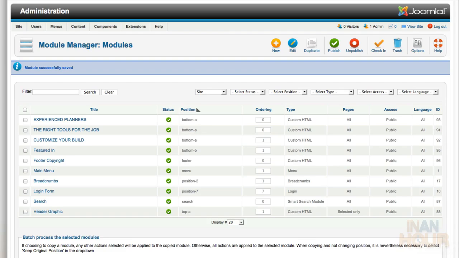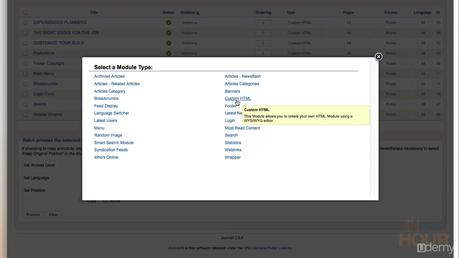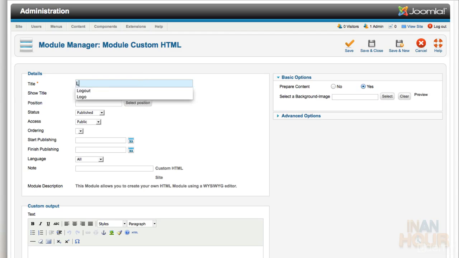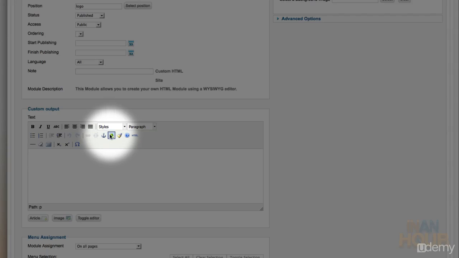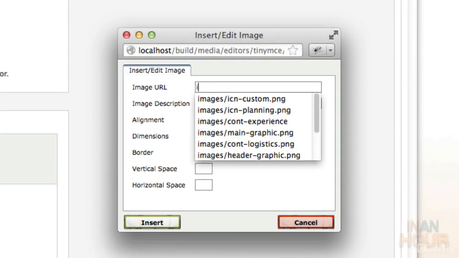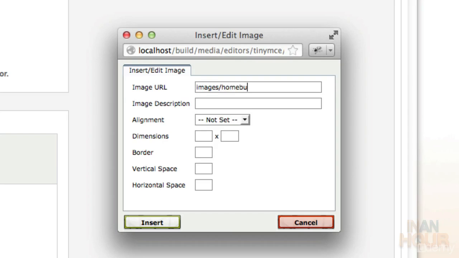Back to the Module Manager again. We're going to go New, Custom HTML, and this one we're going to call Logo. We want to hide the title. For the position, we want to choose the logo position. Go down to our editor, and I'm going to click the Insert Image button again. I already know that I need to tell it to look inside the Images folder, and within that Images folder, I want it to find the